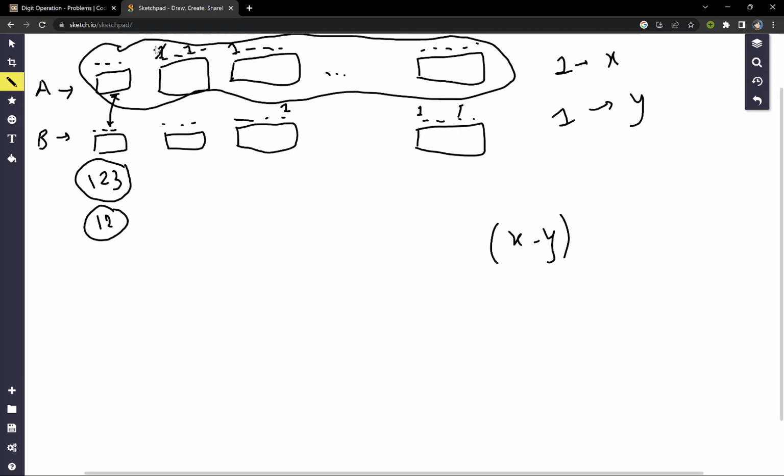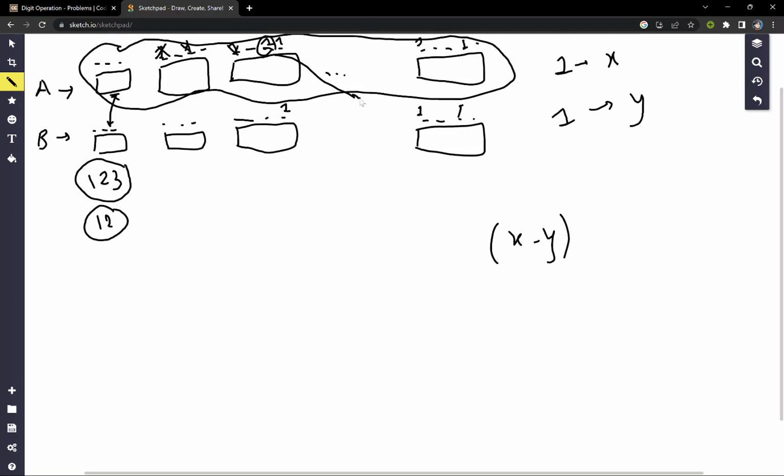So what we will do, we will replace this number from this position to this position, so it will exactly match the number of ones. But if we have a greater number of ones in array A, then we will need the operation of type 2, because there is no option available to convert this array A and to place this digit 1 to any other digit so that it will match.